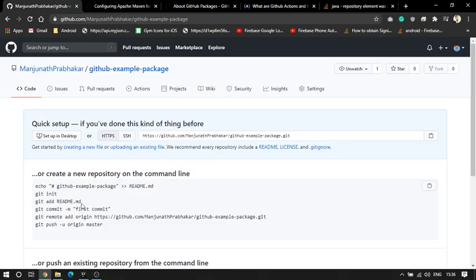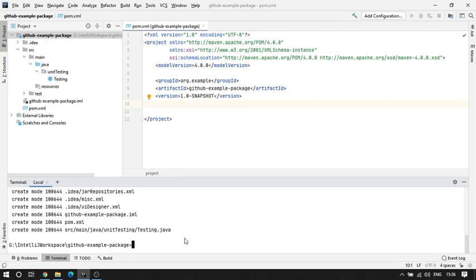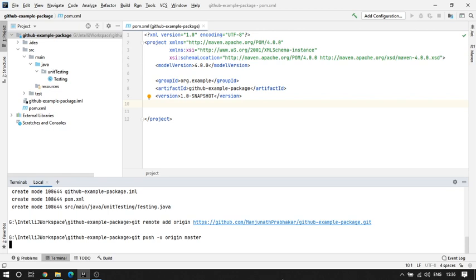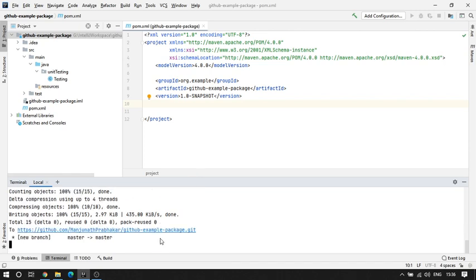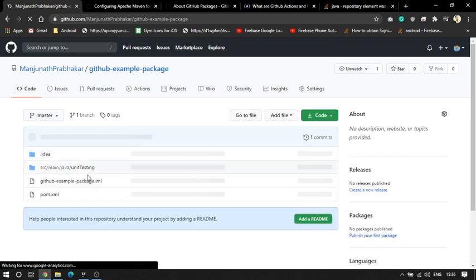Now I'm going to copy this remote URL, paste it, enter, git push -u origin master. Now I'm pushing my project to the GitHub repository. Once it is done, I refresh this, and now I see the project here.